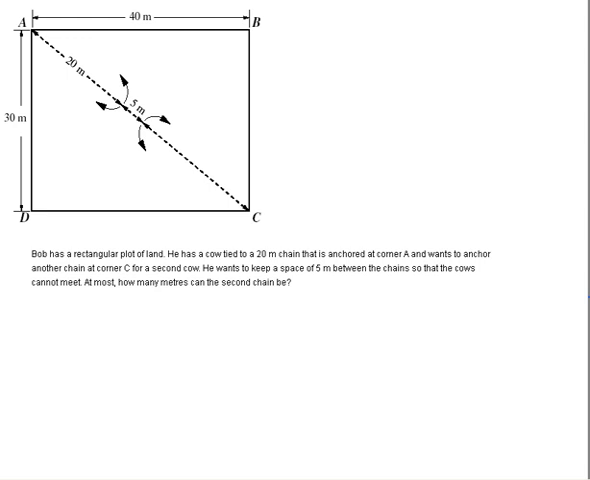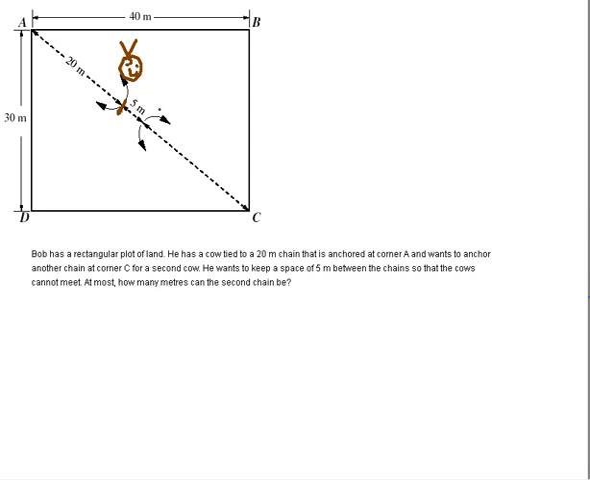Okay, so let's try to understand this question. We've got Bob that has a plot of land, corners A, B, C, and D. Okay, and he's got one cow that has been tied to corner A right here. And the distance between corner A and where the first cow is standing is 20 meters. So it is about here. So let's draw that cow